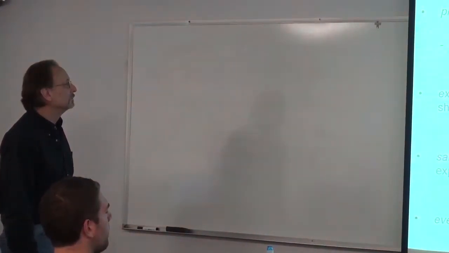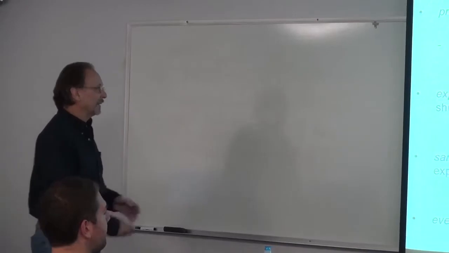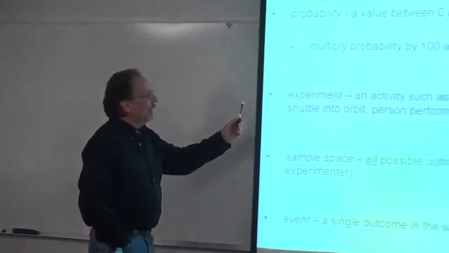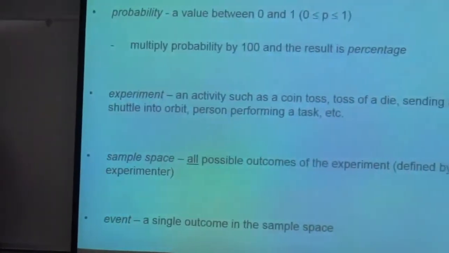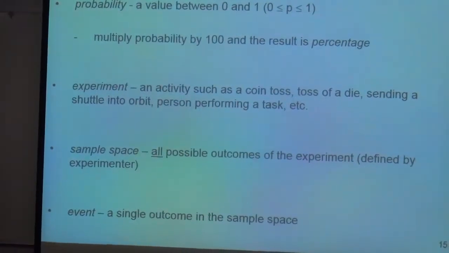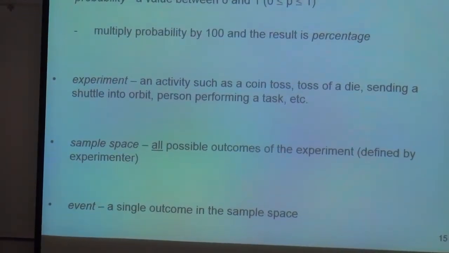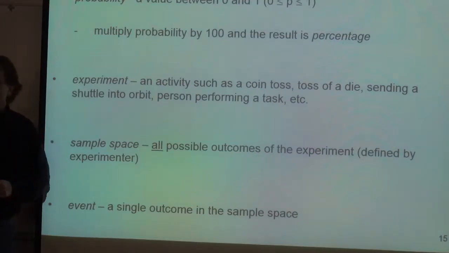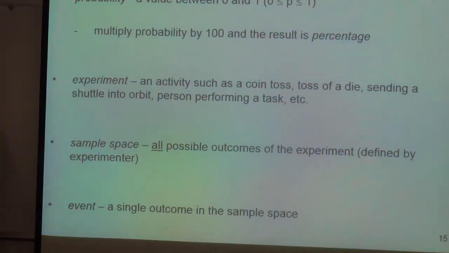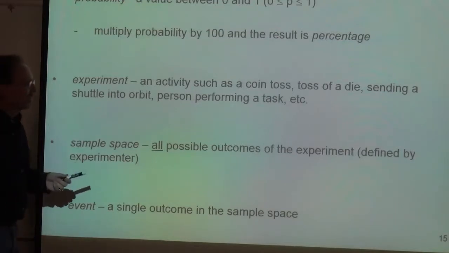Okay, so an experiment then is some activity that we perform where we have a number of different outcomes. And the sample space, and the activities can be things like a coin toss. I'll be talking a lot about coins and dice, just because that's something that's easy to think about, and we know what the outcome is going to be. Fair coin, fair die toss.